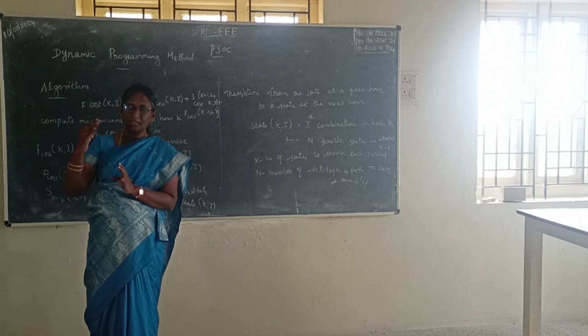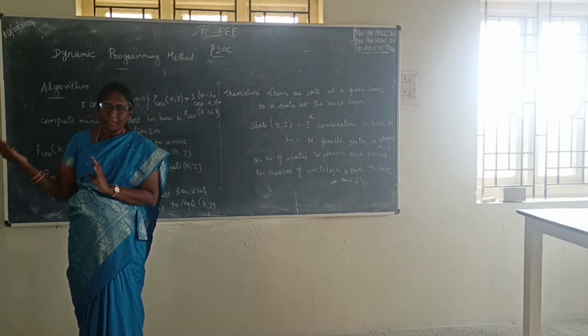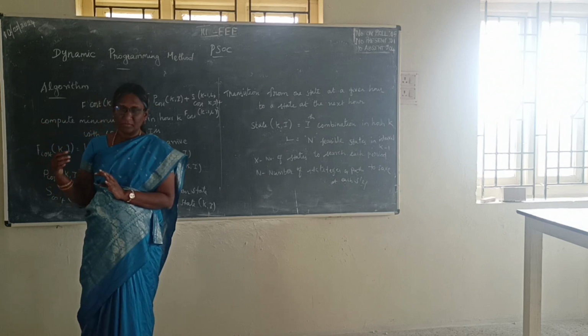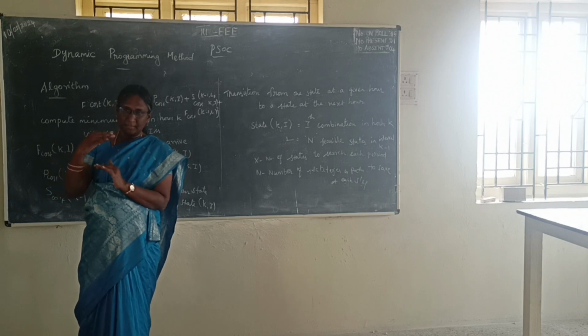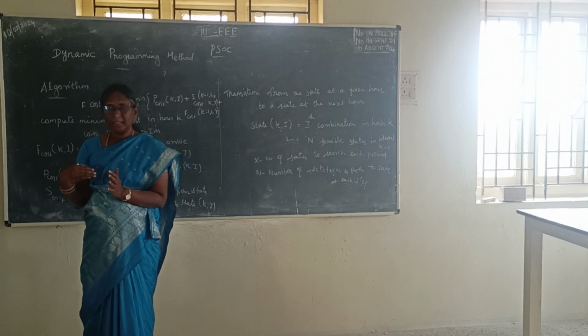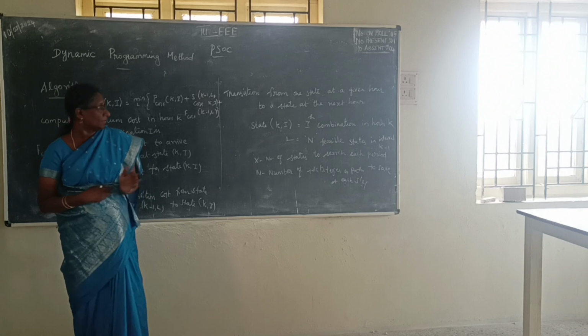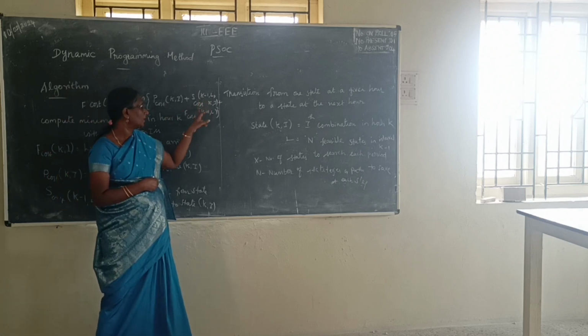Initially, suppose 2 units are running, 1 and 2. Suppose the load demand is decreasing. What are we going to do? We are going to remove 1 unit, isn't it? If it is decreasing, we remove the 1 unit. In that case, a transition will occur. Whether you add or remove a unit, a transition will occur. At that time, we consider the cost, isn't it? So this is production cost, and S cost